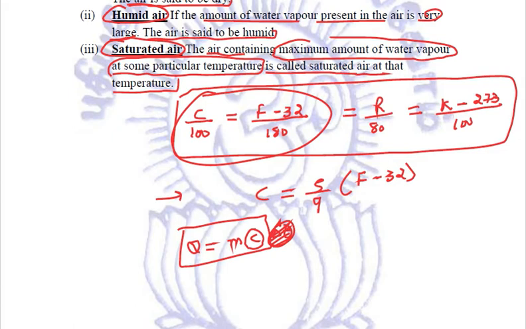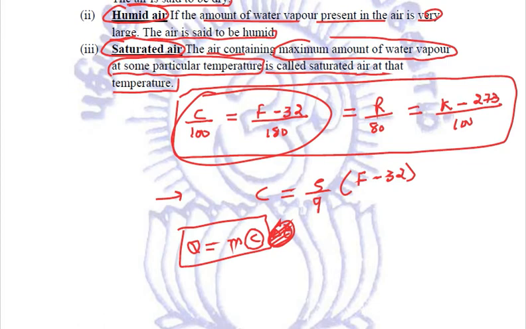Clear? After that we talked about thermal expansion in all three forms, whether solid, liquid or gas. We talked about the various coefficients. In case of expansion of solids, we saw three types of expansions: linear expansion, superficial expansion, and volume expansion. Linear expansion is length, superficial expansion is the area, and volume expansion is of course the volume. All these three coefficients have their unit per degree Celsius.